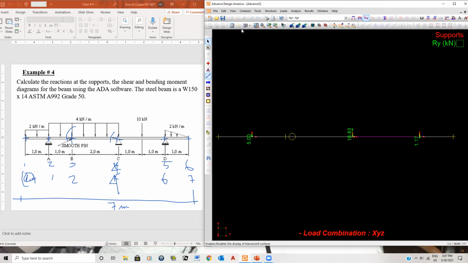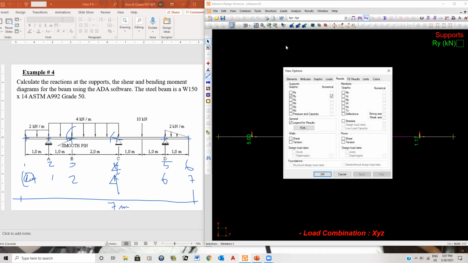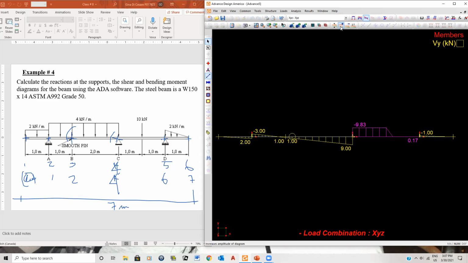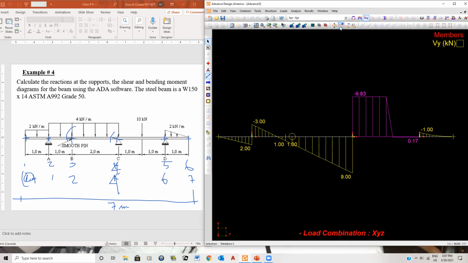And then, of course, once I've noted my reactions, I would look at my shear forces to get my shear force diagram. And of course, I'm just going to make this a little bit bigger so you can appreciate, okay? So here's your shear diagram. There you go, down, okay? Now here, of course, it drops because of that 10 kilonewton down to 0.17, up and back, and then,